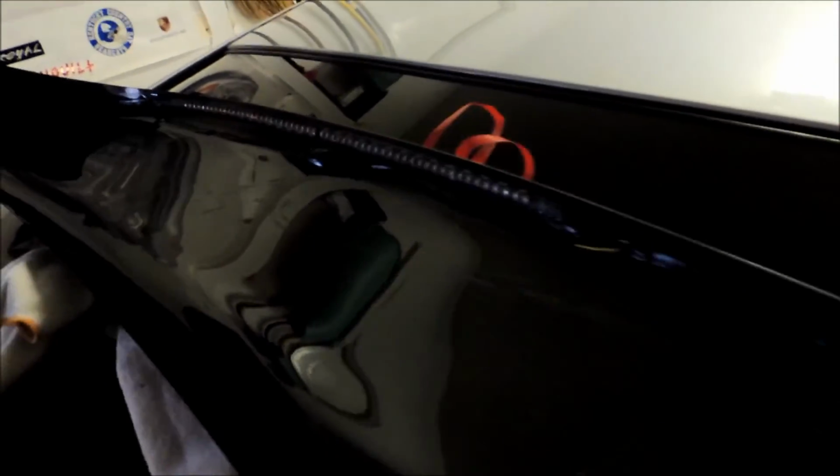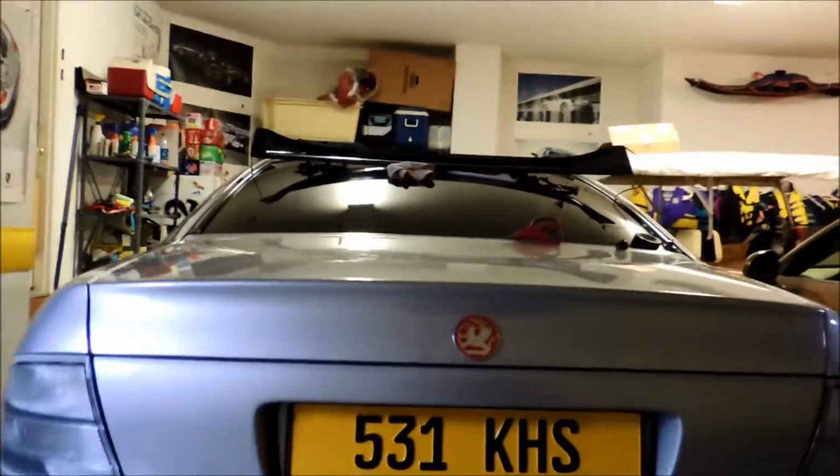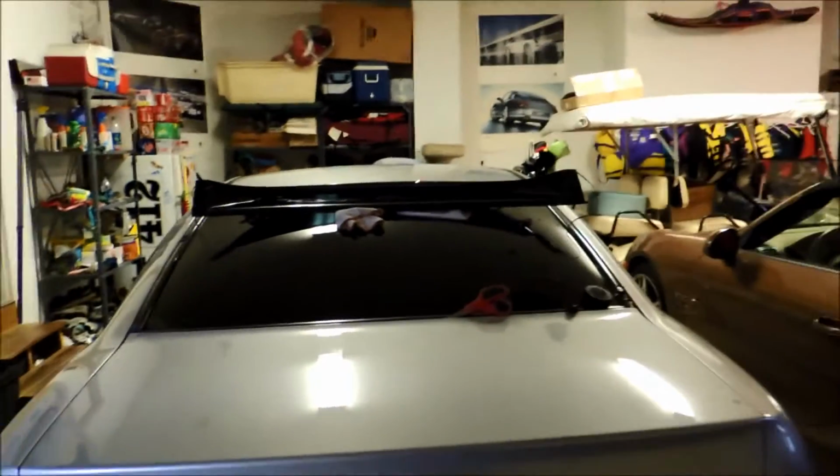Alright, so now I have all the wiring wrapped up. Let me see if I can tip this to get some light on it. If you look, you can see all those scuffs, that's where all the tape used to be, compared to now where everything's right along the edges. So now if a car is behind me and they're lower in perspective, they won't see that atrocity of wiring